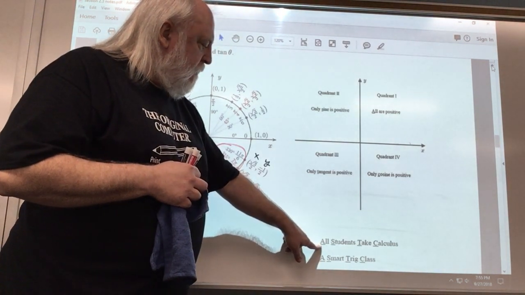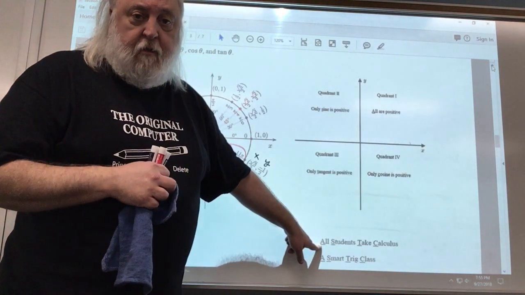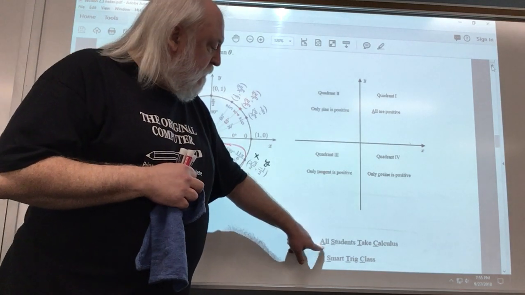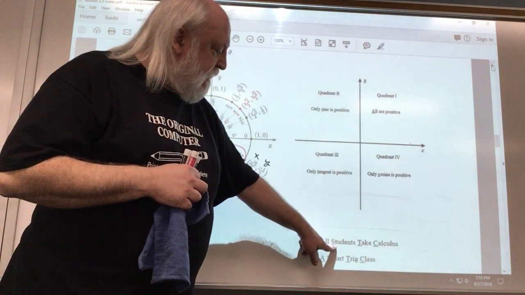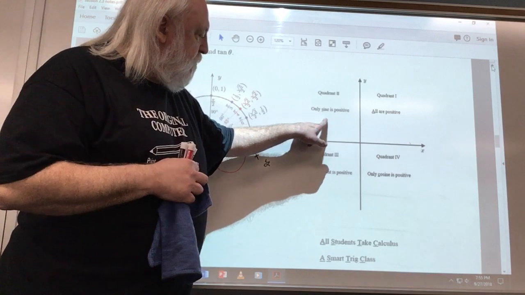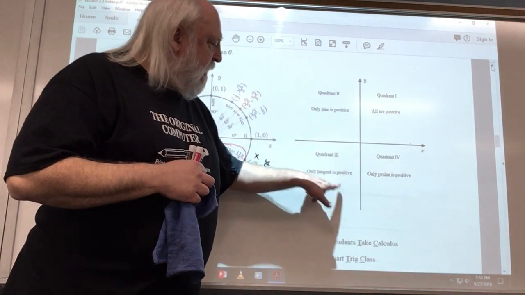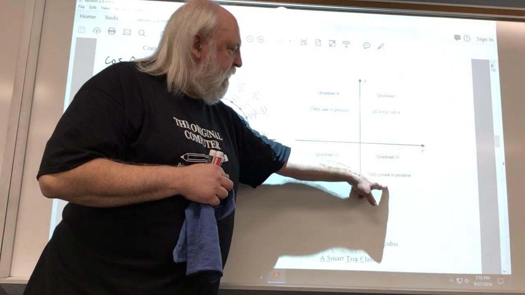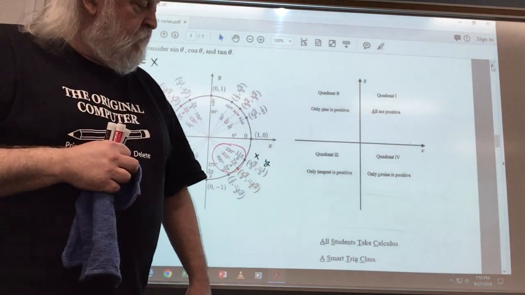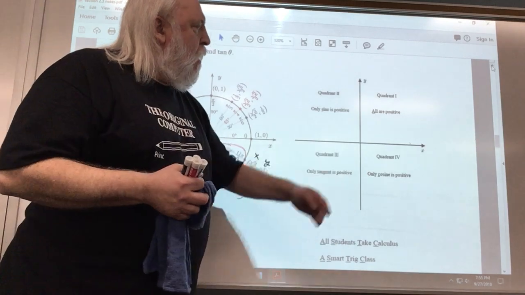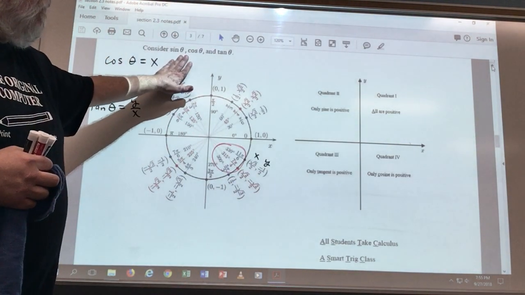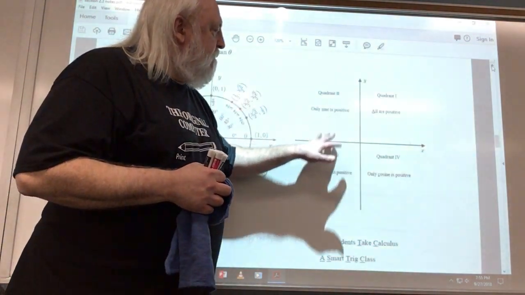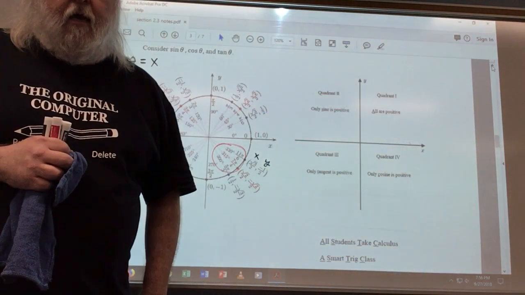A in "all" stands for all three: sine, cosine, and tangent. S in "students" stands for sine in quadrant 2. T in "take" stands for tangent in quadrant 3. And C in "calculus" stands for cosine in quadrant 4. So that's one way to remember which of these three trigonometric functions is positive when the angle is in one